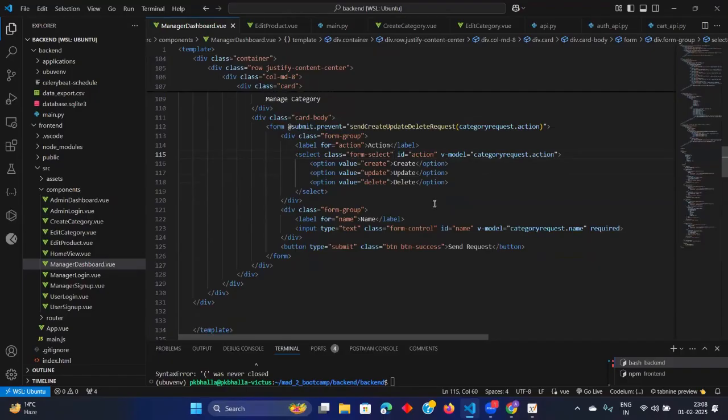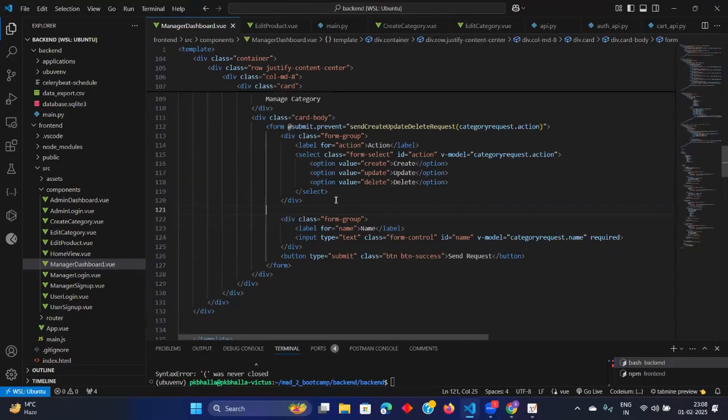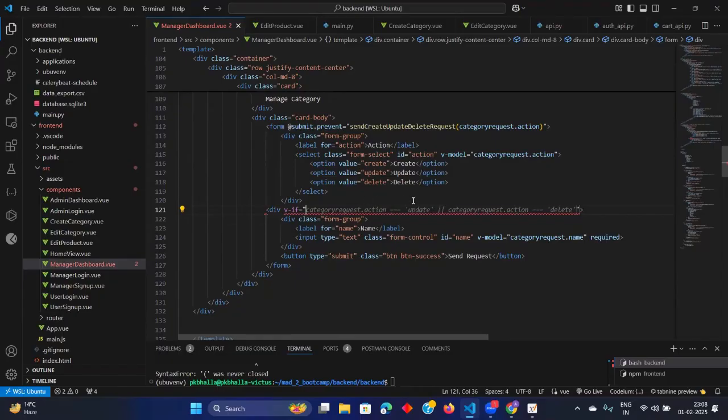Now let us check if-else condition to see what should be shown and what should not be shown. Okay. So after this, let us have with this name. Okay. So let's do it in a div. Inside the div, let's have v-if, and we check what is the selected option. Okay. You see it is automatically coming. Update and delete is coming here. Let us make it only for checking of delete. Okay. And we will check only for